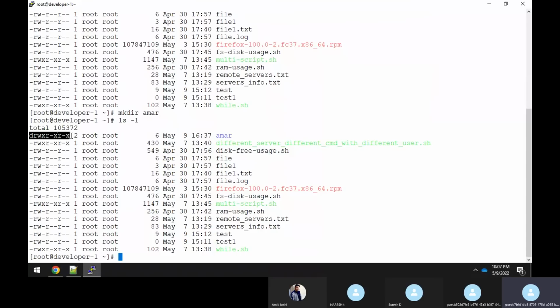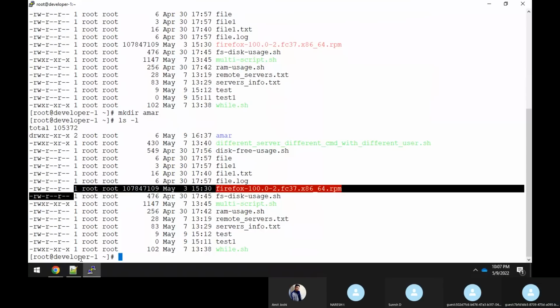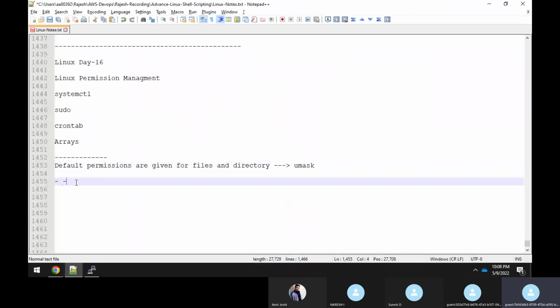And also here there should be a dot, but I don't know, the dot is missing here. A dot should also be there. A dot is used for some special permission. So basically what happens is you have something like 10 characters, like this: 1 2 3, 1 2 3, 1 2 3, 10. And after the 10th character you have a dot. So let me open MS Paint, that will be good. So we know that